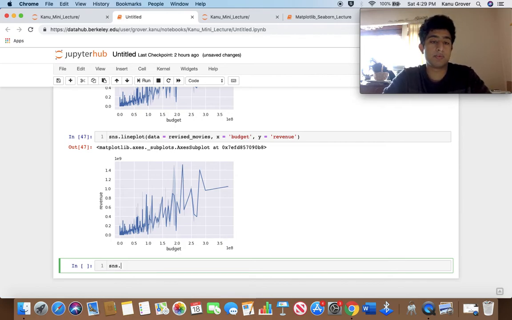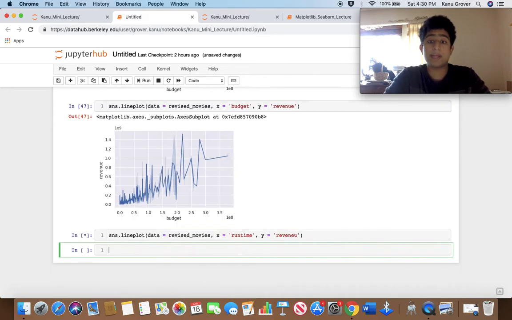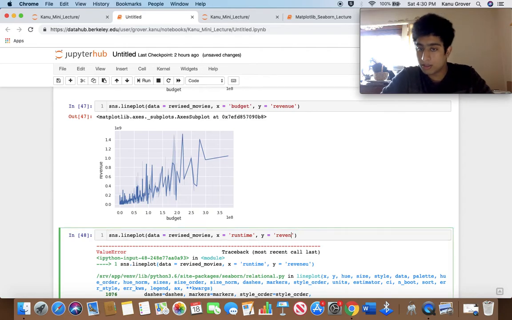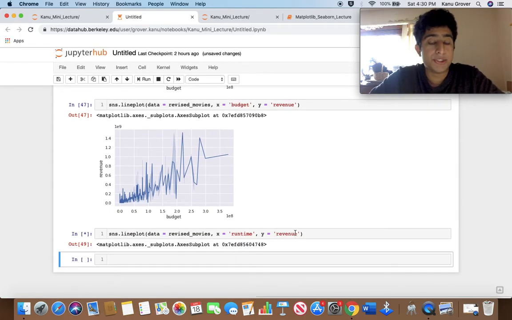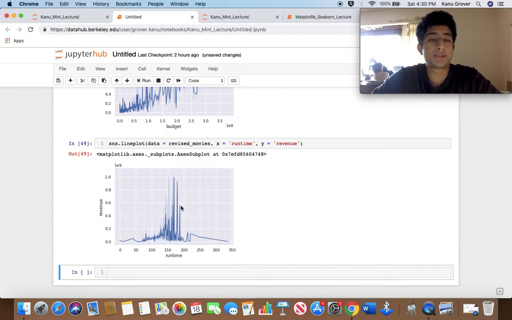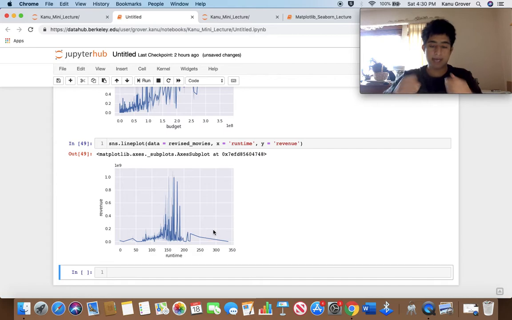So we can test that really quickly by just writing the code for this. Data is equal to revised movies, and our x will be runtime, while our y will be revenue. And as you can see from our graph, there's not really a strong relationship that we can get from this visualization. Besides the fact that movies with an average runtime of about 2 hours to 3 hours tended to have the highest revenue, and that does make sense because movies that are